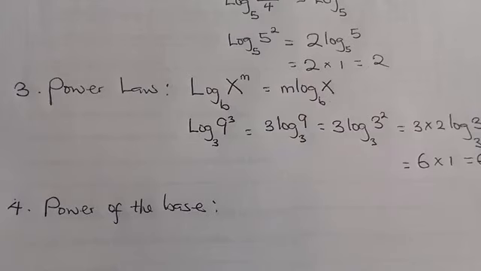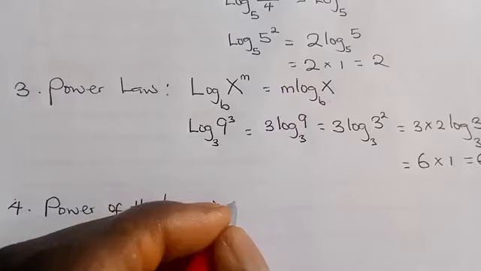Now, for this law of logarithm, when the base is the one that has the power, the reciprocal of this power is used to multiply the logarithm itself. Example, if we have